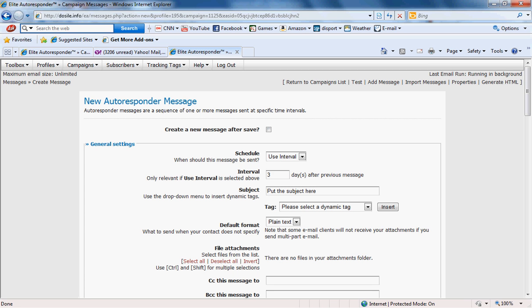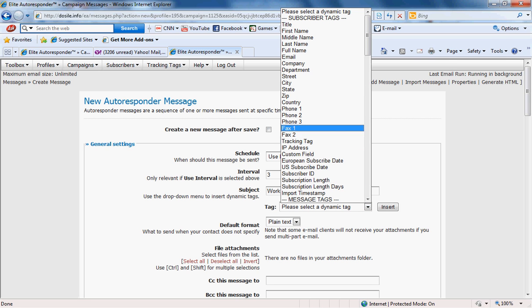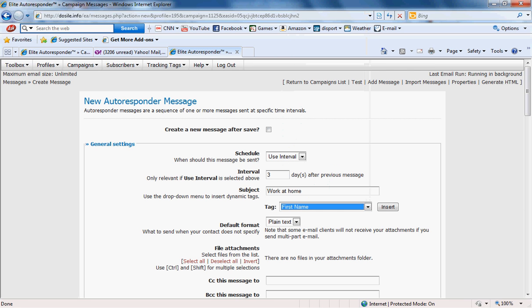And in the subject line, you can just be creative here. Just create a catchy subject line. You don't need to use this, so I would just be more creative than this. But for the video, just work at home, and you can create a tag here, which basically would personalize the email. So you can just click on the drop down menu and then click on first name. This way it can insert the first name tag. So just click on insert, and you will notice that it comes up here, and when the email